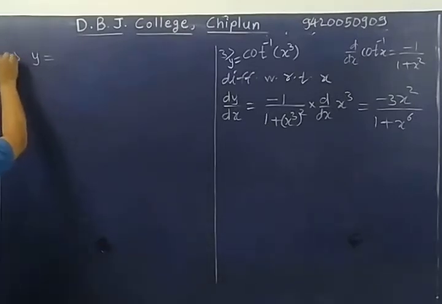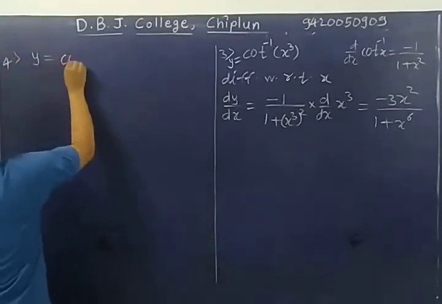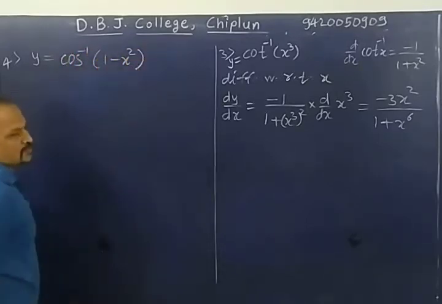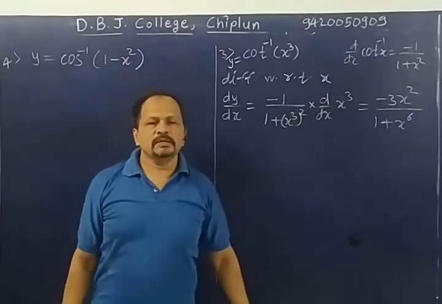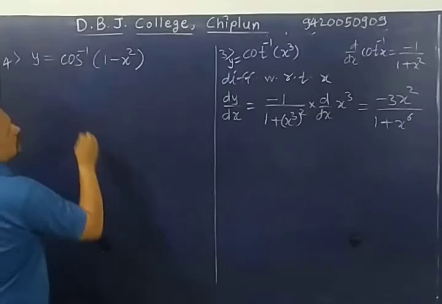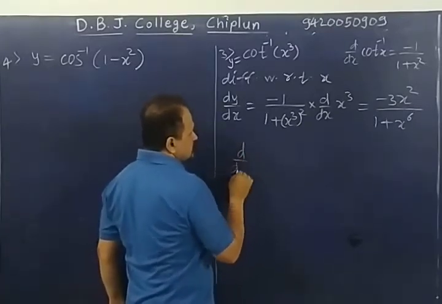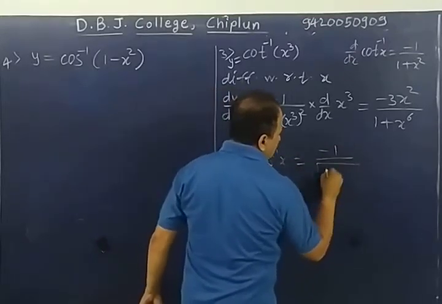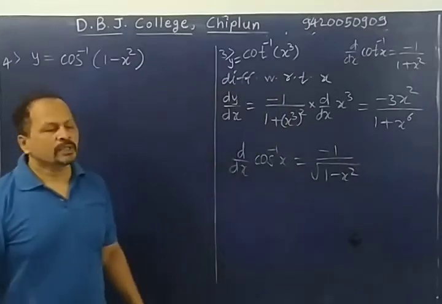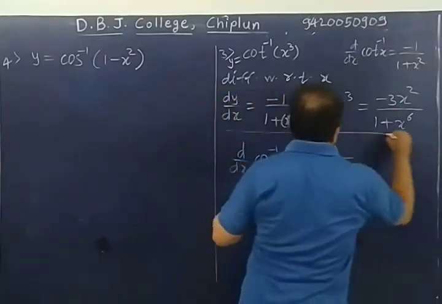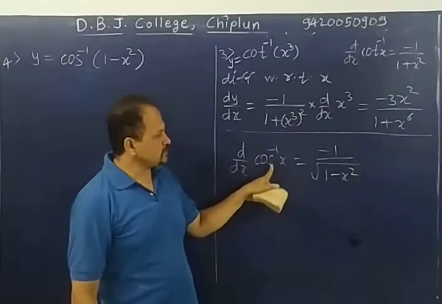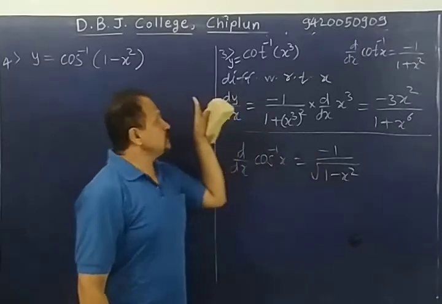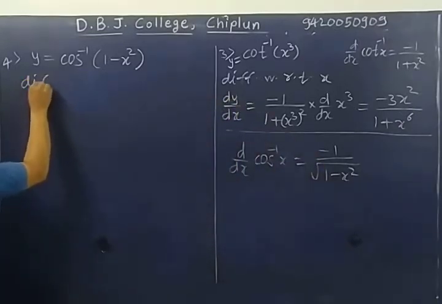Fourth problem, cos inverse (1 minus x square). What is the derivative of cos inverse x? It is minus 1 upon under root 1 minus x square. So the derivative of cos inverse bracket is minus 1 upon under root 1 minus bracket square. Use it here, differentiating with respect to x